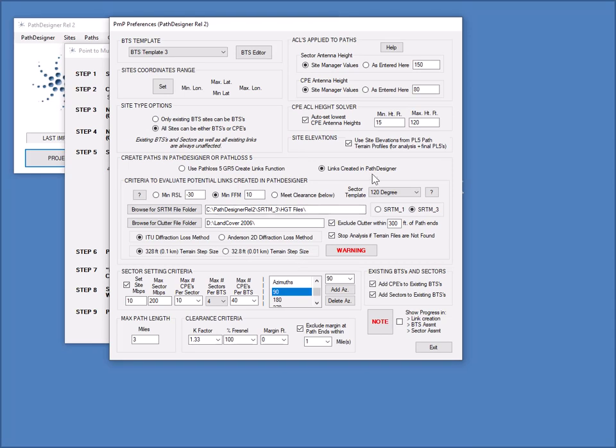One important point I didn't talk about is the criteria for creating links. So I use clearance criteria, which is this factor, but we could have set minimum RSL as a requirement or minimum fade margin as a requirement. If we're creating links in Path Designer, as we are in our example here, and as we've selected, then we